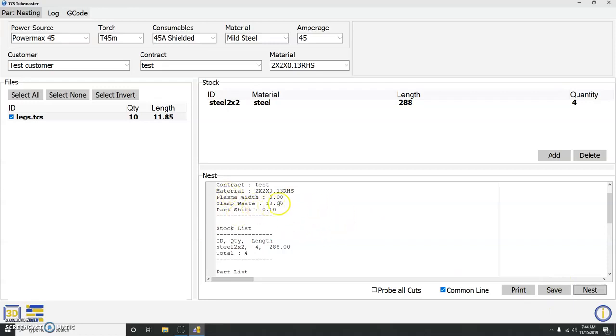It does not generate G-code. The only thing that generates G-code is clicking nest, even if you only cut a quantity of one. So the save and print, I need to work at making that a little more clear to the user